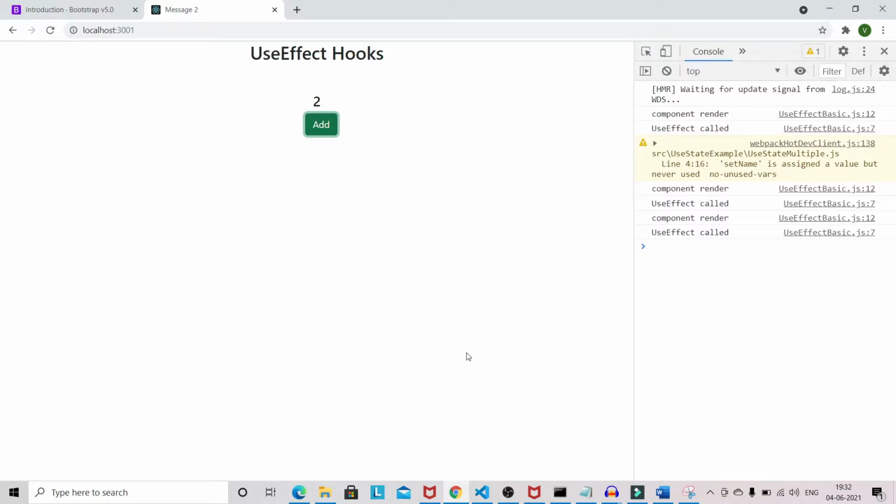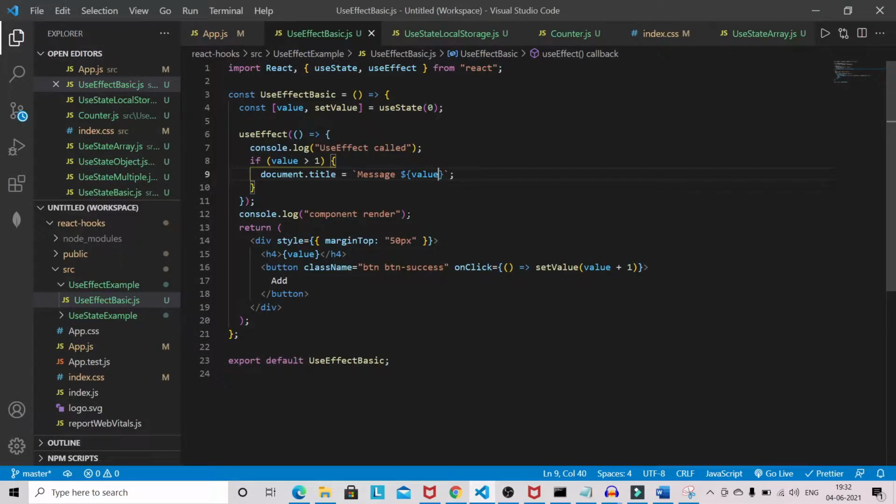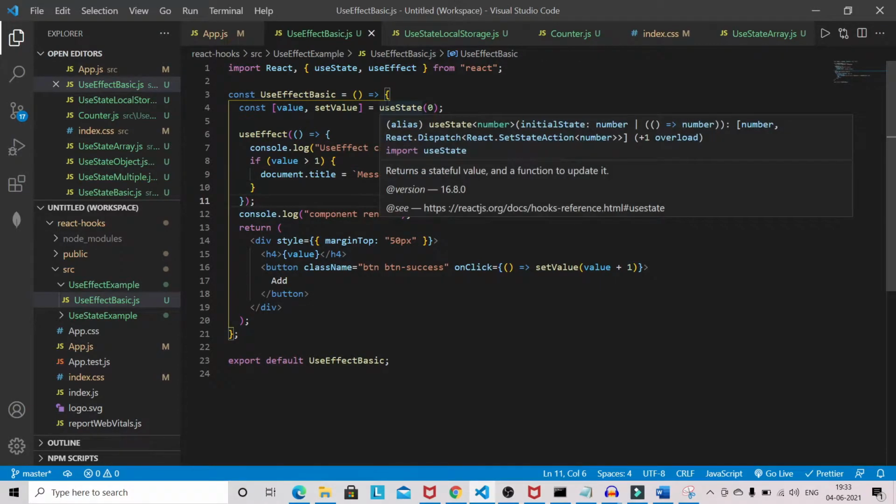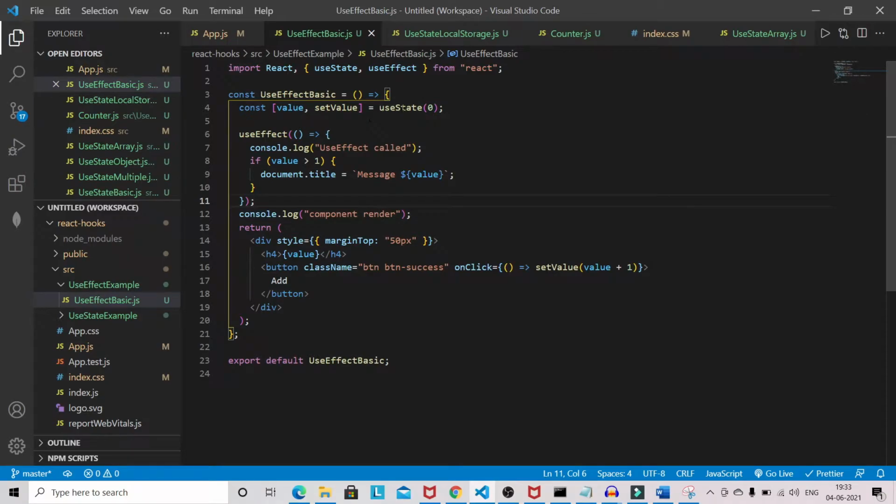So this way you can execute some code in useEffect conditionally, but you cannot put the entire useEffect in an if condition. And one more thing I wanted to tell you about: useState is doing two things here.